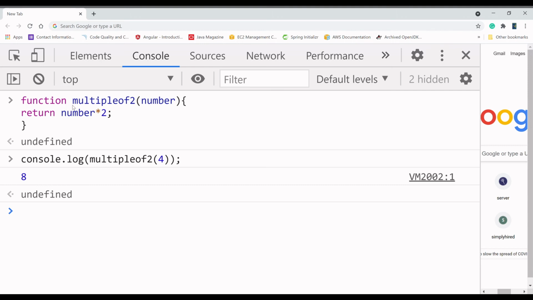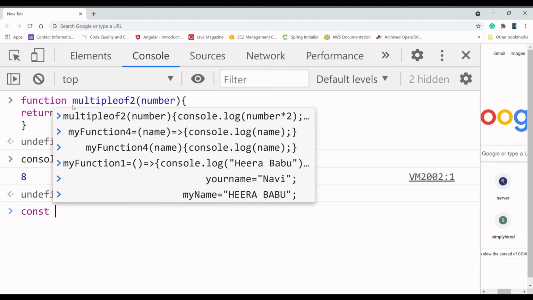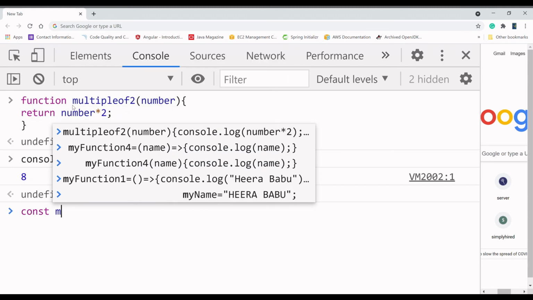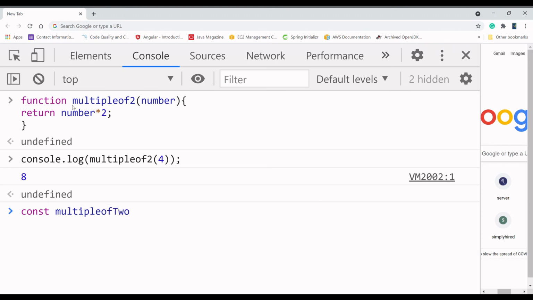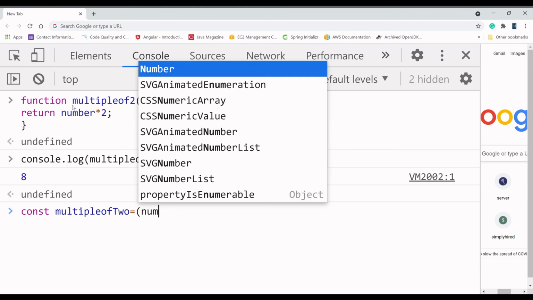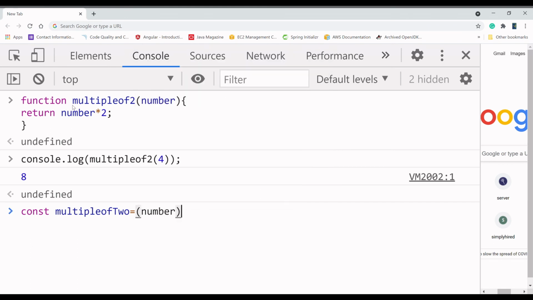Now I want to make the code concise using the arrow function. How will we do it? I have to write const first, and then multiple of 2, the name I'm changing, and I will pass the number.